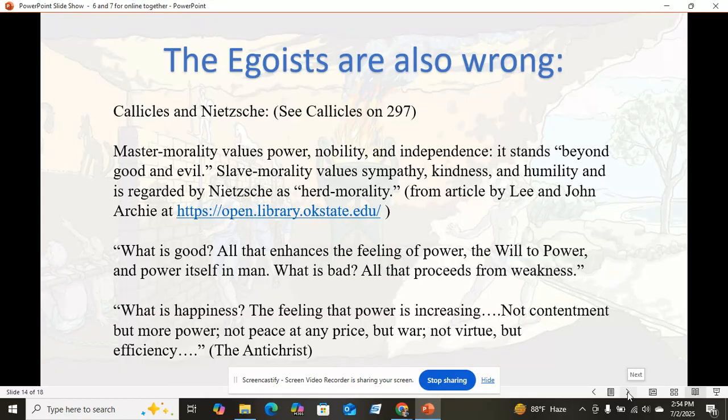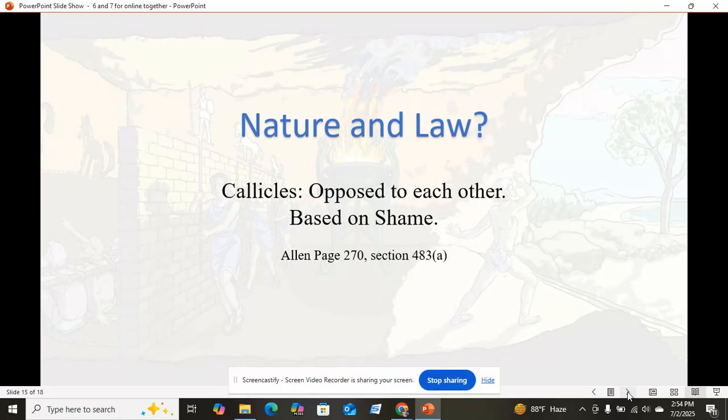Socrates is in direct conflict, right? Socrates is directly opposed to what Callicles says. There's this whole discussion on nature and law, and Callicles says no, you're confusing the two. Nature is to pursue your own good, to go get what you can, to be bold and courageous and seize everything you can to amass more for yourself, and anything contrary to that is based in shame. And Socrates says no, law and nature